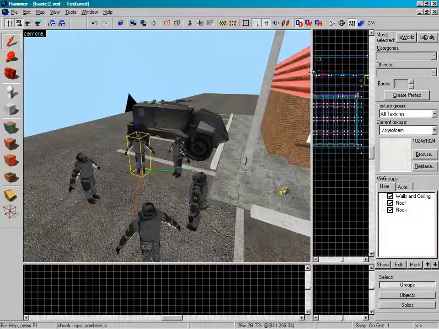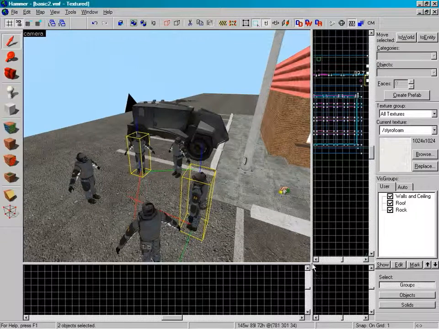Now the thing about attachments is that in order to make a character look like he's holding something, he has to have an attachment point already specified in the model. The default Combine soldier models do not have the one we need, so we're going to load modified versions of these models that were developed by people at Noesis. This is going to be similar to how we loaded up the Turbo Chi model. Since we need to do this to both of them, go ahead and hold down Control and select both of these guys. Now go over to the wireframe view here,